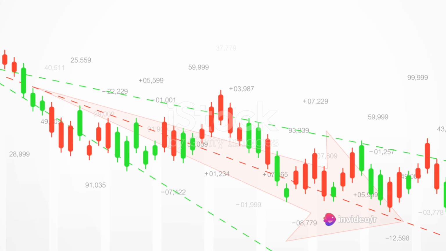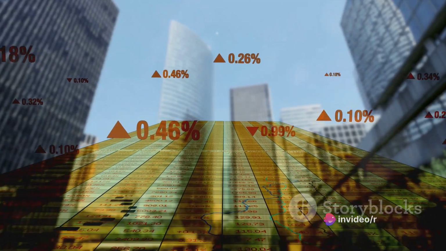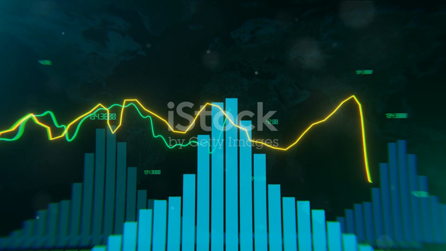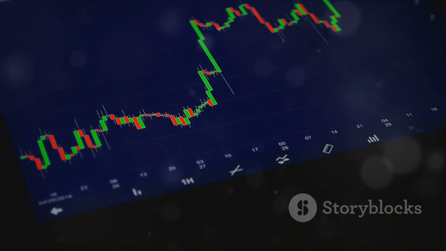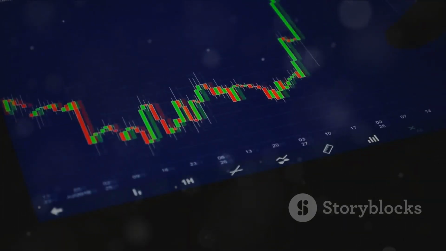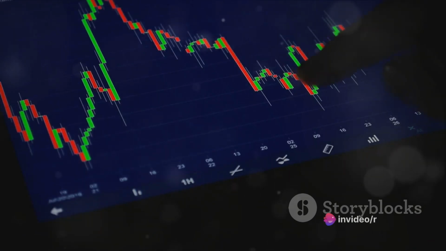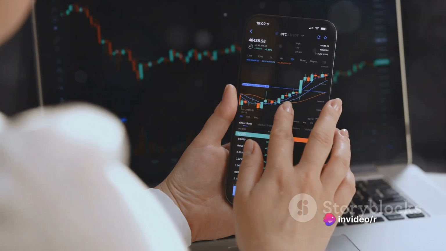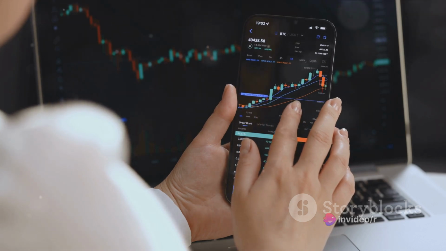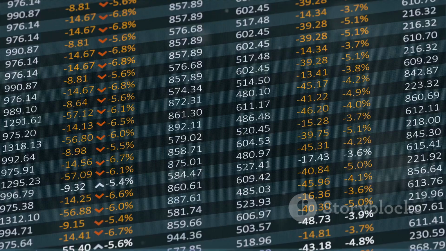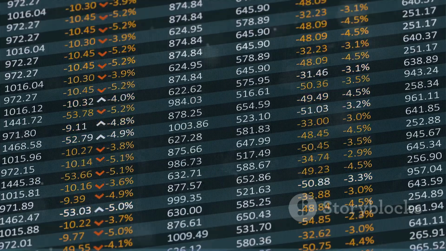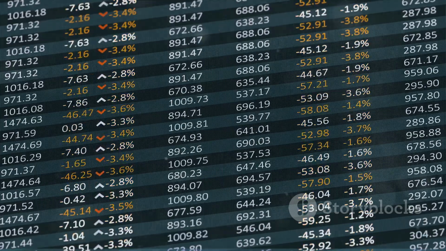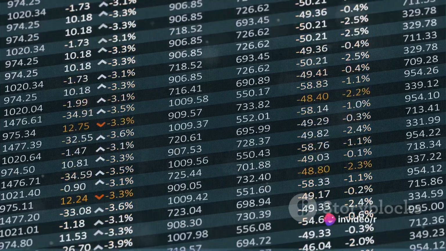Have you ever wondered how stock market indices are calculated? These numbers you hear on the news every day are crucial barometers of economic health. A stock market index is a measurement of a portion of the stock market, calculated from the prices of selected stocks. It's a tool used by investors and financial managers to describe the market and to compare the return on specific investments. In this video, we will explore the most common method for calculating stock market indices, the capitalization weighted